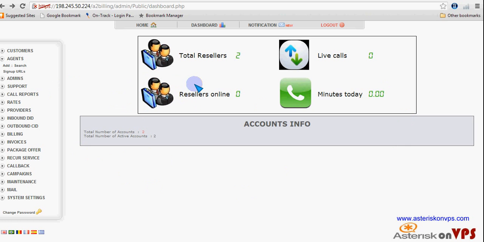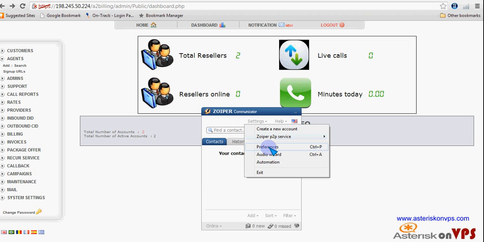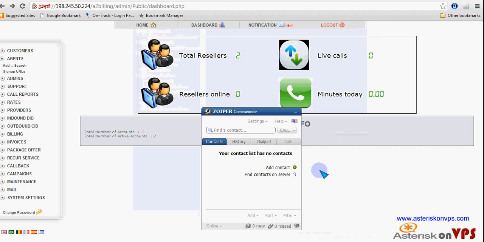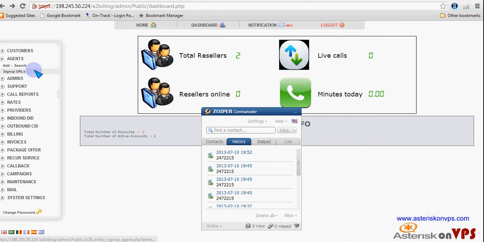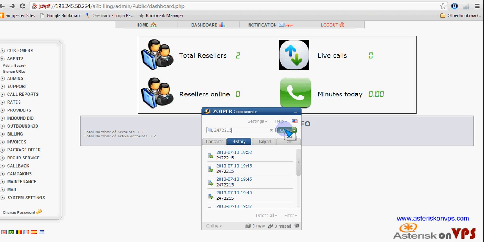I'm also going to show you the functions on the other panels, but for now let me try to make a call, and then we can see what really happens here. Okay, so that's the account that I'm going to make a call from. One of the DIDs that are in there is 2247 2215, so we are going to call that DID. Okay, so if we call this number,